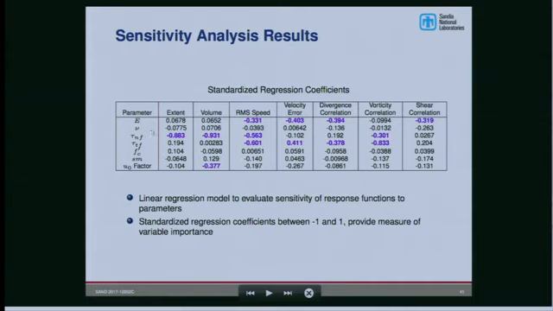But there are a lot of interesting things in that the tensile strength actually had a strong effect on extent and volume and speed, but the shear strength, not so much. It had a strong impact on speed and more on the vorticity and divergence correlations.